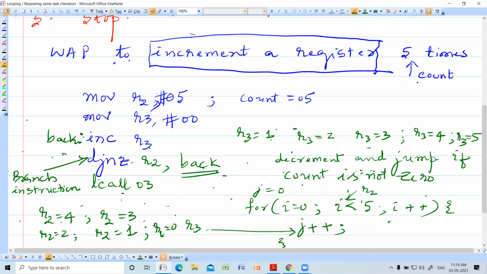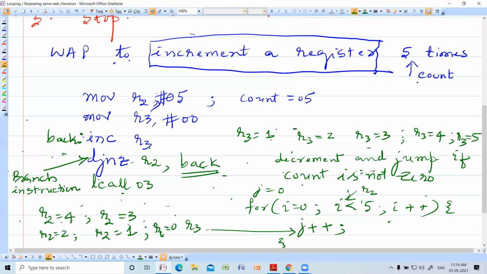So when the branch instruction is executed, first it checks the condition. If the condition is true, you are checking whether the register R2 is 0.